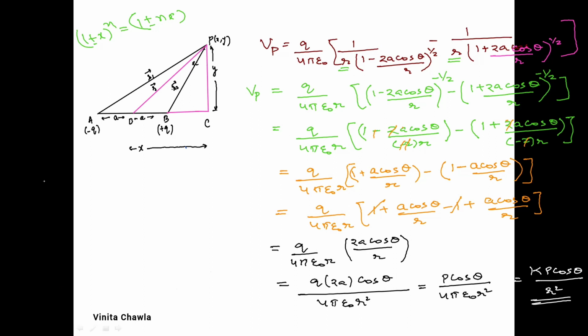Okay, let's take few cases. So let's consider two different situations. Suppose this point P lies on the axial line of electric dipole. See, if we move this point, this angle is theta, right? If we move this point P to somewhere here, then the value of theta will become